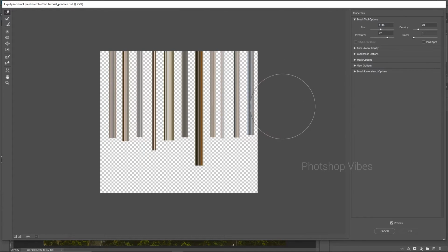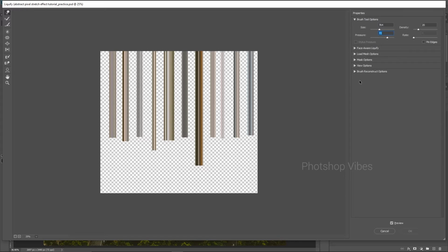Here we are inside Liquify. Then just select the forward warp tool. Yep, here everything is set while I am practicing, and just go through these settings once. Here of course you can change the size however you want by holding Alt and right click and moving like that. Here you can see how the size is changing according to that. I'm going with a density of 20 with a pressure of 72.